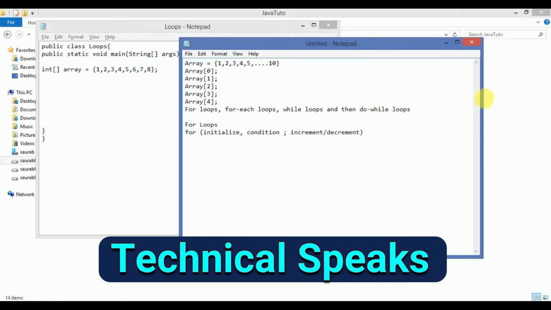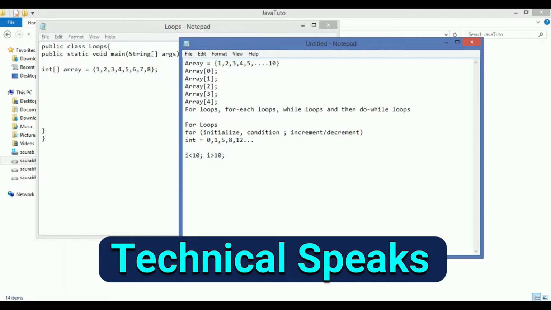In the initialization we can assume any value like int i is equal to 0, 1, 5, 8, 12, any one value according to your need. The next one is the condition. Your condition could be like i is smaller than 10, or i is greater than 10.